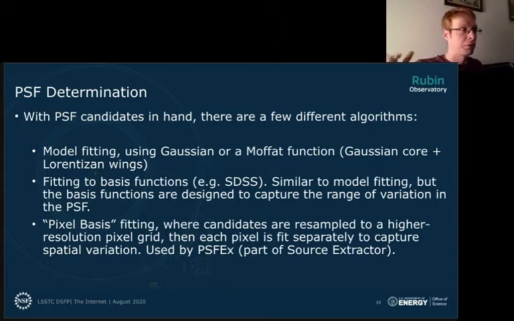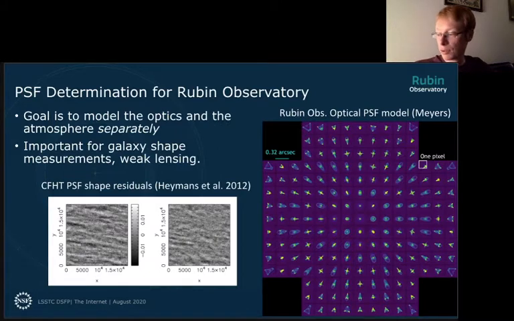So I'm just going to mostly wrap this up by describing a little bit of the plans for the future. One of the big topics in modeling the PSF today is that we understand that there's both an atmospheric contribution to the point spread function and an instrumental contribution. And so a goal of some recent work is to separate these out and fit them in distinct forms,